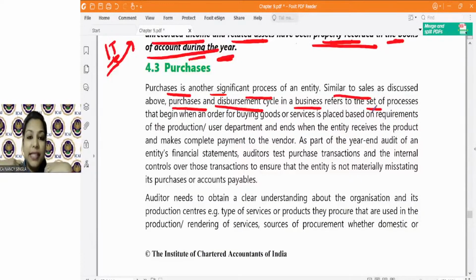ठीक है। so auditor will obtain an understanding about the purchase and disbursement cycle, about the internal control। अब internal control क्या होंगे, यही सब होंगे कि segregation of duty है या नहीं, है ना। internal control few transactions का